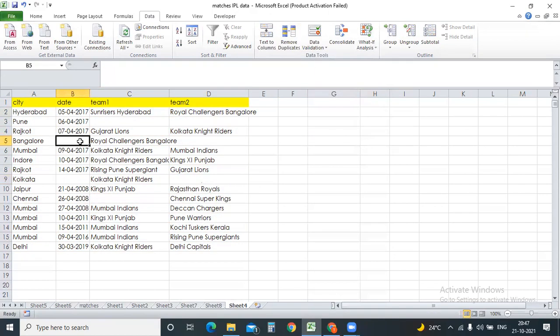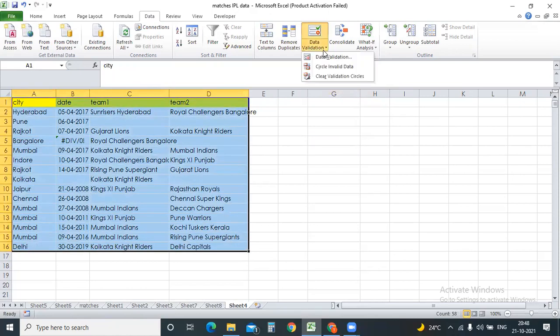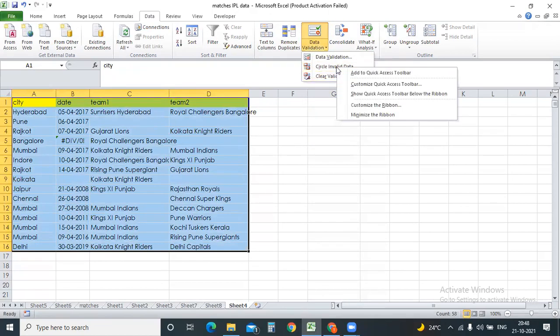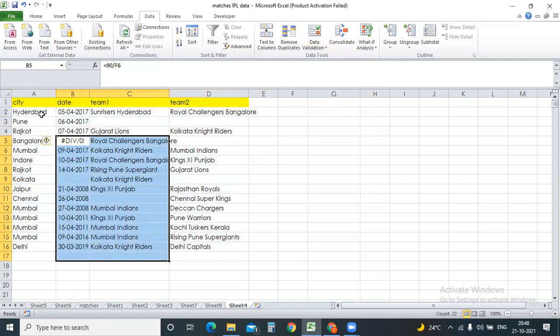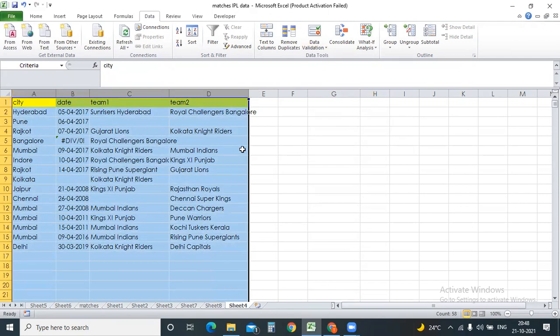If you're giving wrong values, it's some division error, right? Let it be. If you have any deleted elements, you can find them here. When the data has outliers, you can use this option for selecting or clearing the data.